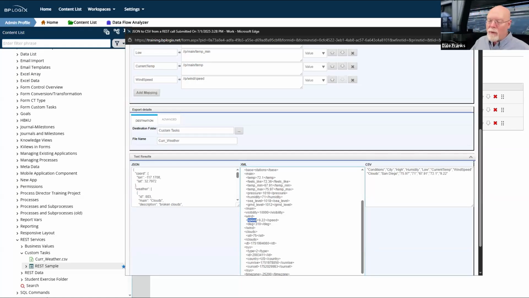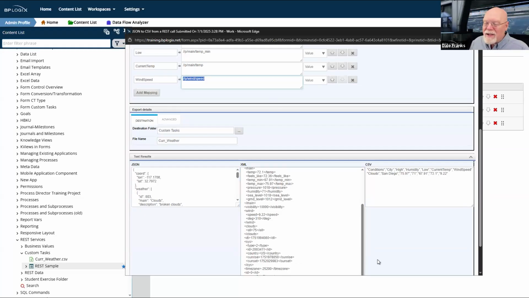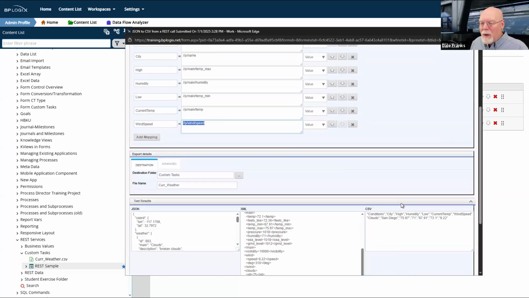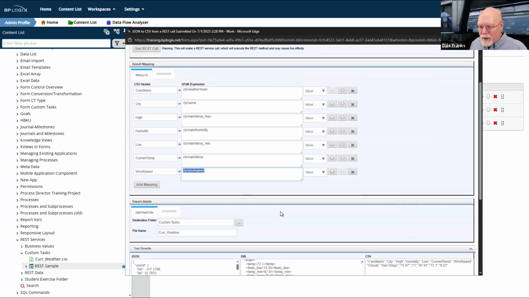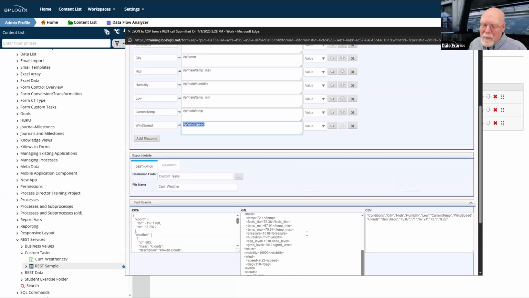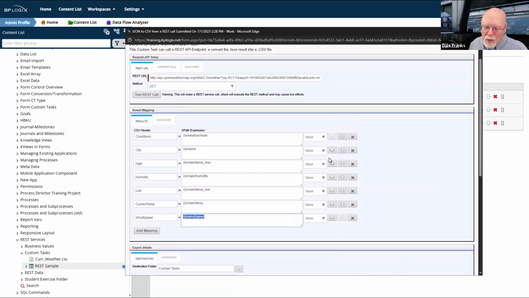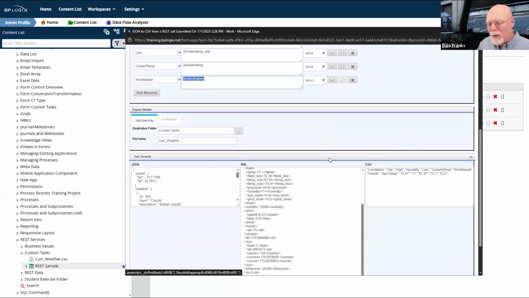And so therefore I now have an XPath that will return the wind speed from the XML data. Like I said, it would probably be possible for us to do this through JSON. And maybe that is a good way of doing it, or a simpler way of doing it.